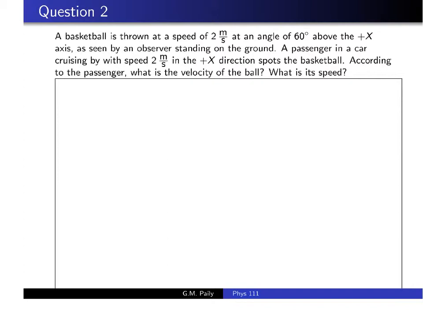We will now solve the problem. In every relative motion problem, we need to identify three things: two different observers and the object that they're both looking at. In this case, the object is the basketball. There is one observer on the ground and another observer in the car. Splitting up the speed of 2 meters per second into its x and y components, we see that the velocity of the ball with respect to the ground